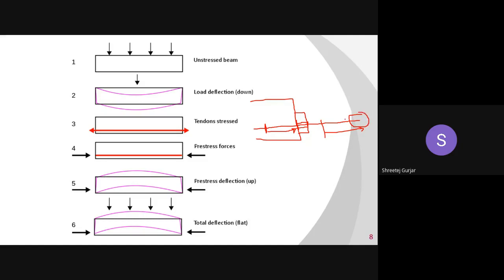Then we release the pressure from the jacks which are pulling, or we simply cut the steel here. When this force is released, the steel tries to regain its original shape or original size. So this element, which was initially at point A and stretched, has now come to point B and is held in place by these wedges, or what we call anchorage devices. The wedge holds point B and does not allow it to reach back to its original point A.